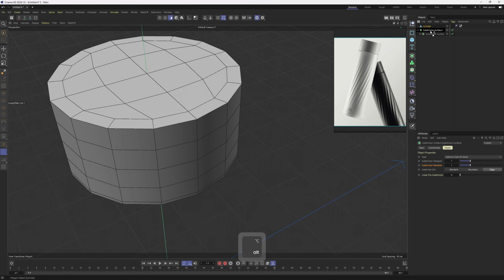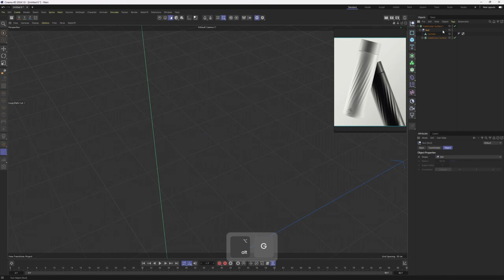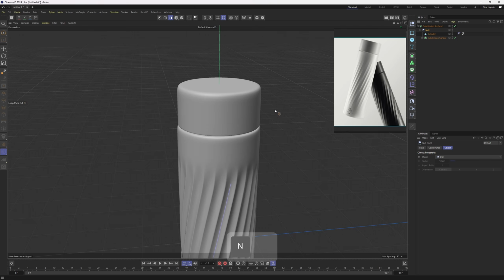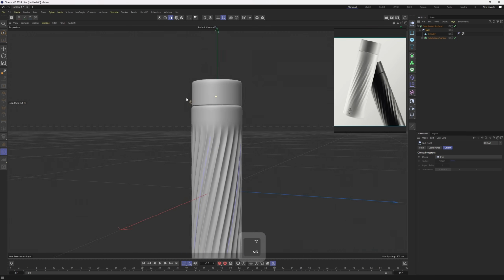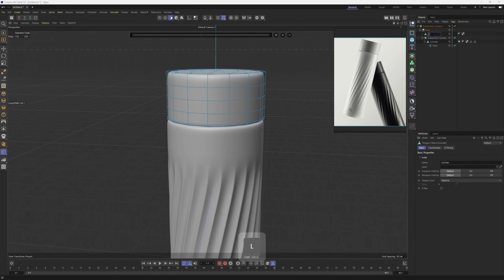Let's drop this one under that subdy group. I will group them, turn off solo modes, hit NNA. Yeah, looking nice. I will call this leads and this one